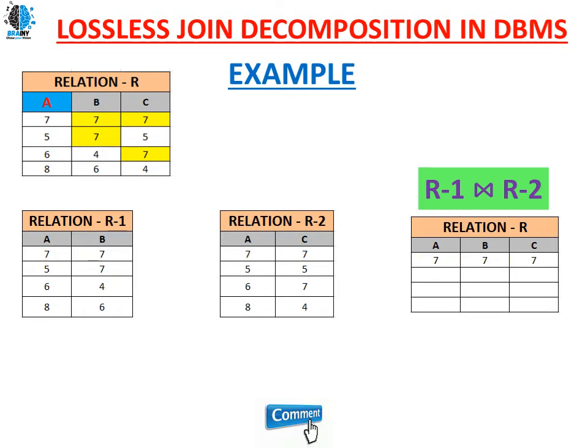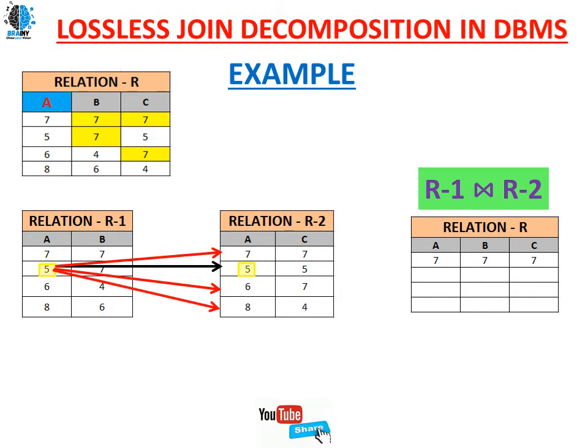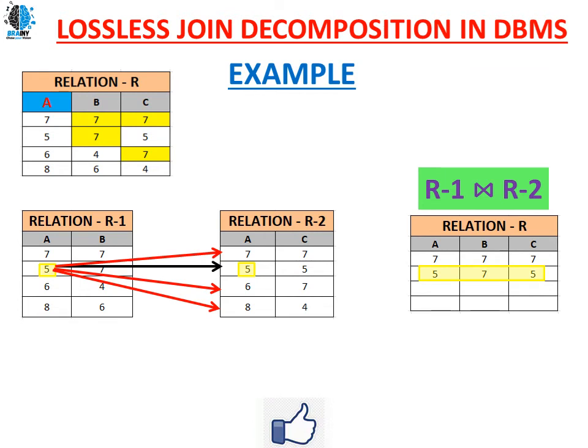So next value we have here is 5 in relation 1. So 5 is common in relation 1 and relation 2, right? So first map the 5 with the first value, that is 7 of relation 2 from R1. So it's not equal to the value. Next, yes, 5 equals to 5. Next, this 5 is equals to 6, no. This 5 equals to 8, no. So our next resultant row in the natural join table of relations R1 and R2 will be 5 7 5.